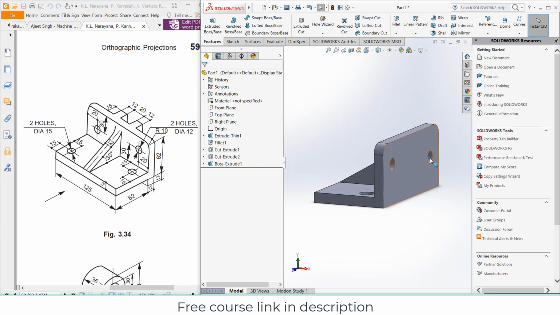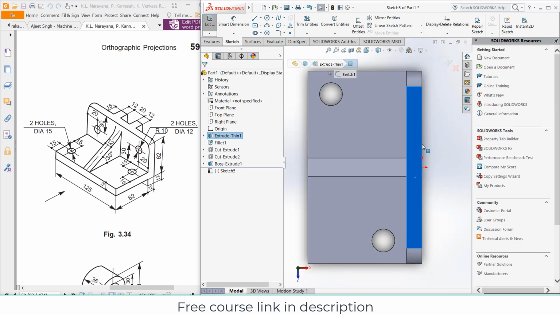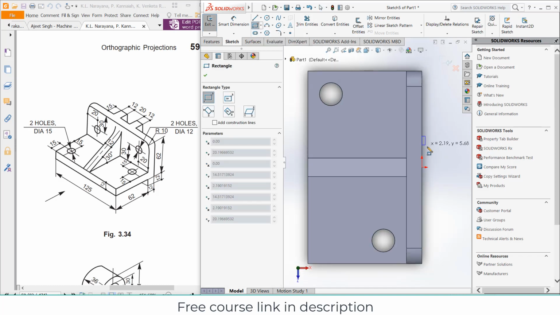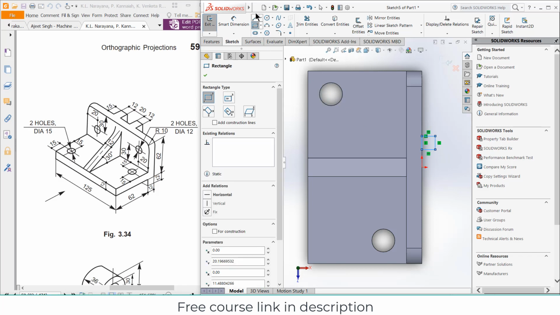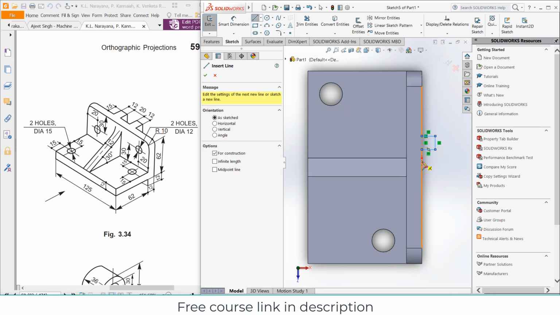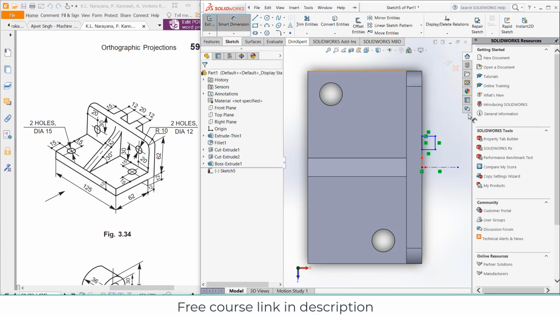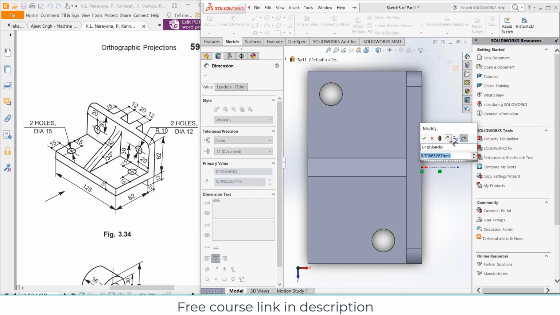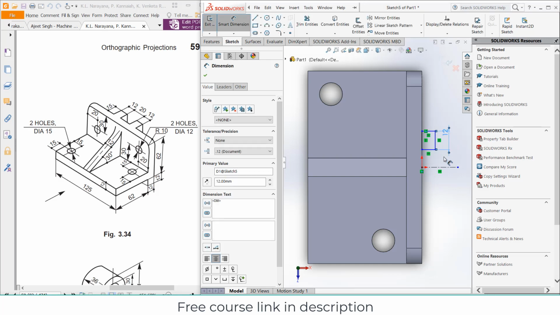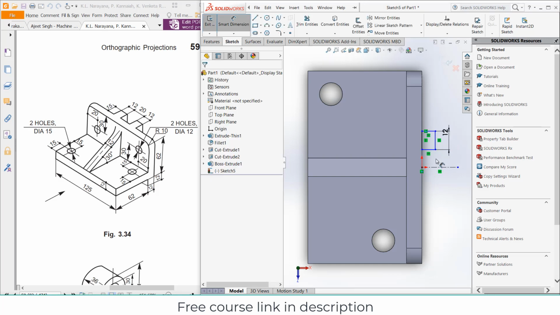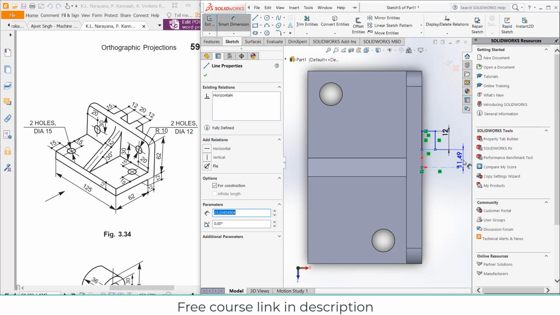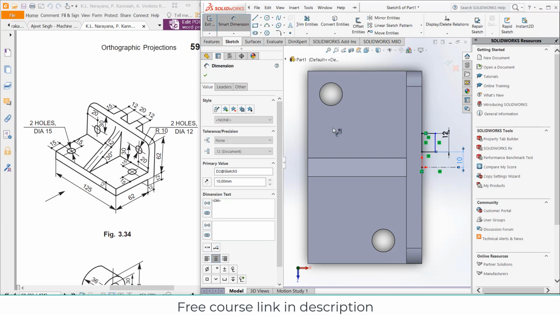Okay. So let's see. Select this face, click on sketch, press Ctrl plus 8. Simply click on corner rectangle, center line, escape, 12 mm, 10 mm.